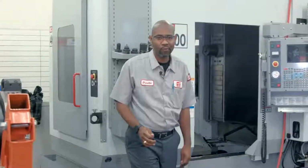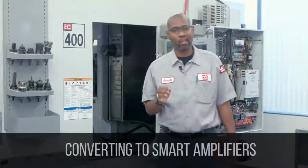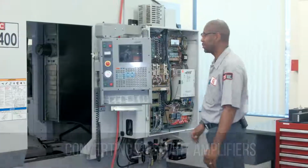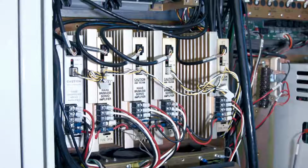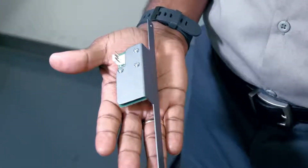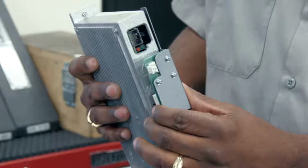Finally, we've gone through and covered the difference between the smart amplifiers and the non-smart amplifiers. Now, the smart amplifiers can be installed on machines that do not have the smart amplifiers. If you're replacing more than one non-smart amplifier, then you will need to add an auxiliary load PCB board. This PCB must be installed on one of the new smart amplifiers to stabilize the 12 volts for the low